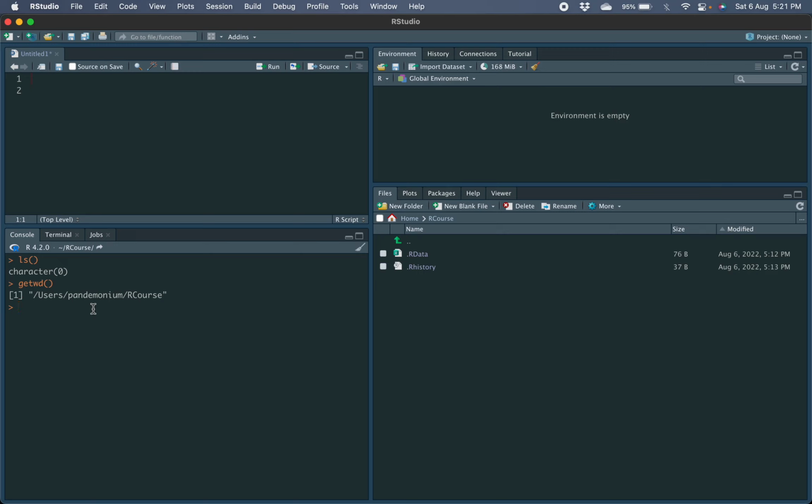Now you can also change the folder. So let's say you do setwd. Let's say you want to switch to a folder which is within the folder that you already are. So we are inside this R course folder, and you want to create a new folder inside the R course folder. Of course you can do it here. You can click on the new folder and name a folder and do all that. But setwd is useful because if you're working in the R interface, not in RStudio, then you don't have this right hand side. All you have is this console. So it's good to be familiar with the commands. So setwd,